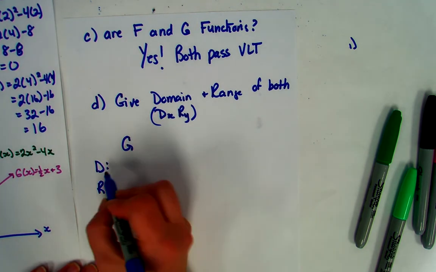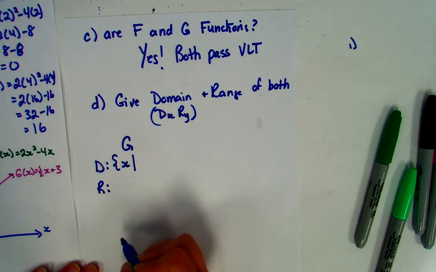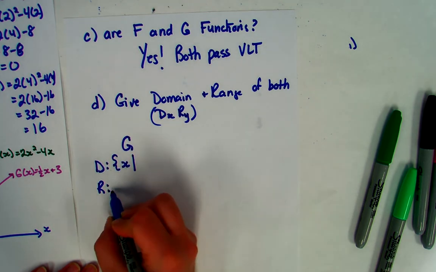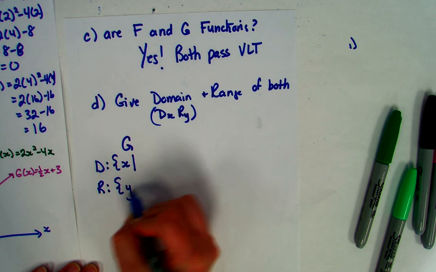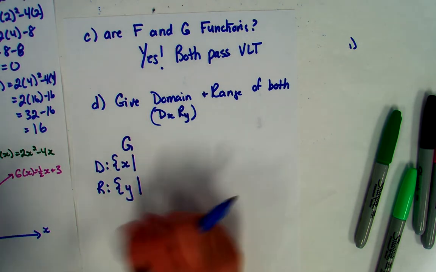So I'm going to set this up already. The domain is the set of all x such that. The range is the set of all y such that. The vertical line represents "such that." Now,